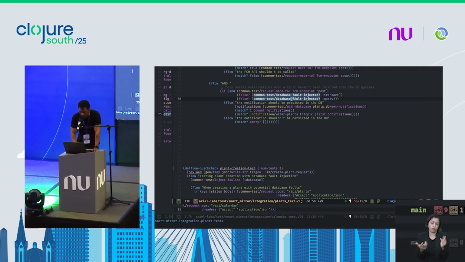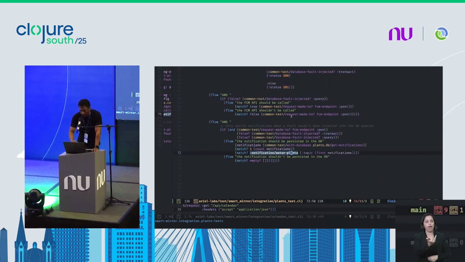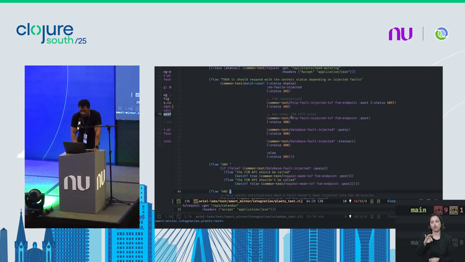Similarly, we can do the same thing above here. I don't want the transaction to be written if the endpoint was not called. So if the Firebase endpoint was called, I assume that the push notification was sent, and then I can check if the transaction was made to Datomic, and if the transaction was made, I can just get the data from the DB and check if the plant was right, or the notification is there. So